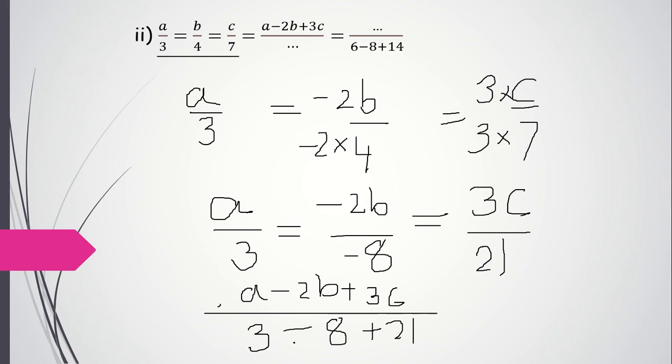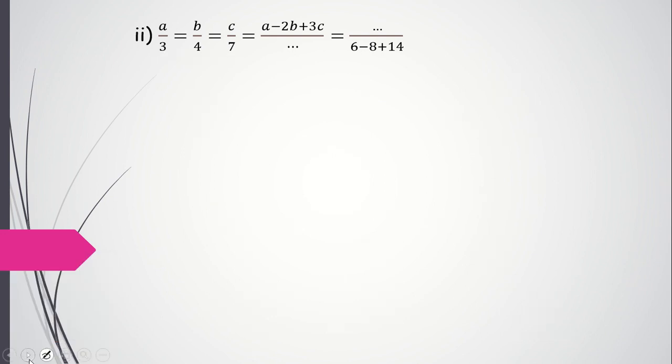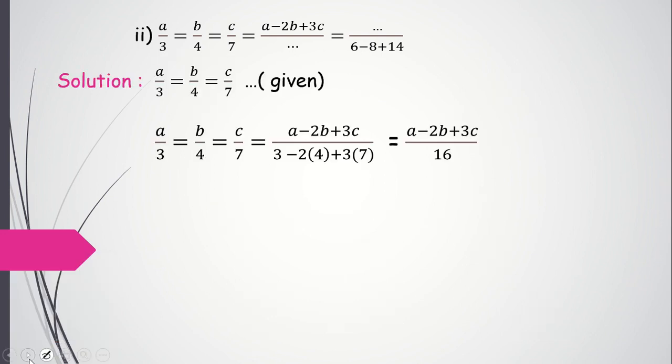So see, what do we get? 21 plus 3 is 24 minus 8. 24 minus 8 we have to do, and we will get the answer that is to be written here. So let's see, what do we get there? This is given, minus 8. This is 21. 21 plus 3 is 24. 24 minus 8 is 16. So we get the answer 16 over here.